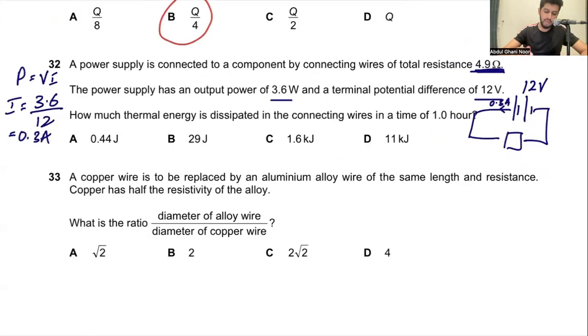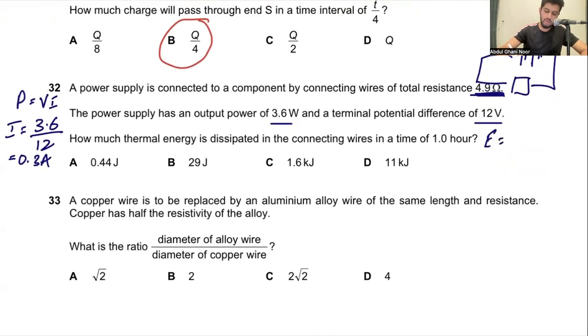Now to find out the energy dissipated, I will use energy is equals to I squared RT. Energy is equals to 0.3 squared times the resistance of the wire, which is 4.9, multiplied by 3600 seconds in an hour. And that gives me